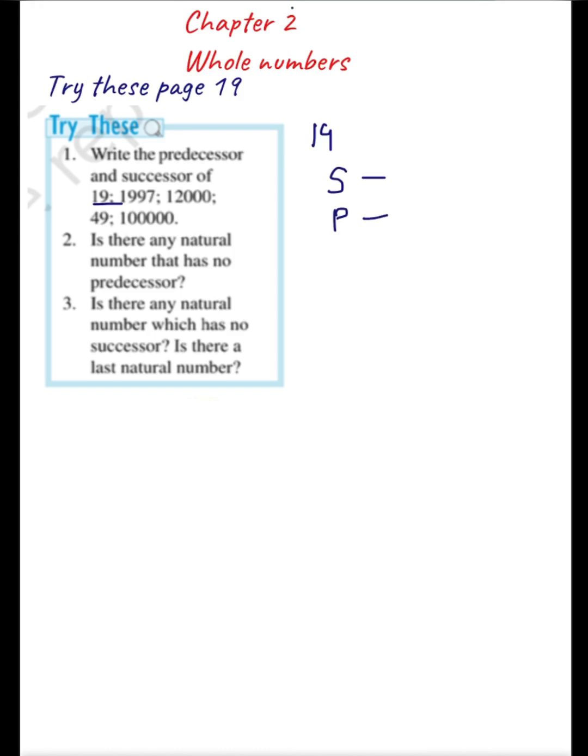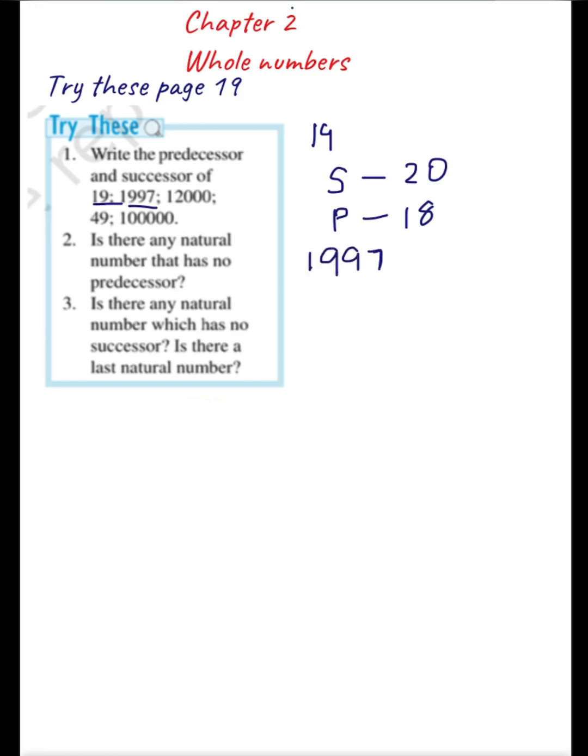Now successor of 19 means what? 19 plus 1, that means 20. Now what about the predecessor? 19 minus 1 is 18. So 18 will be the predecessor and 20 will be the successor. Easy. Now the next question is